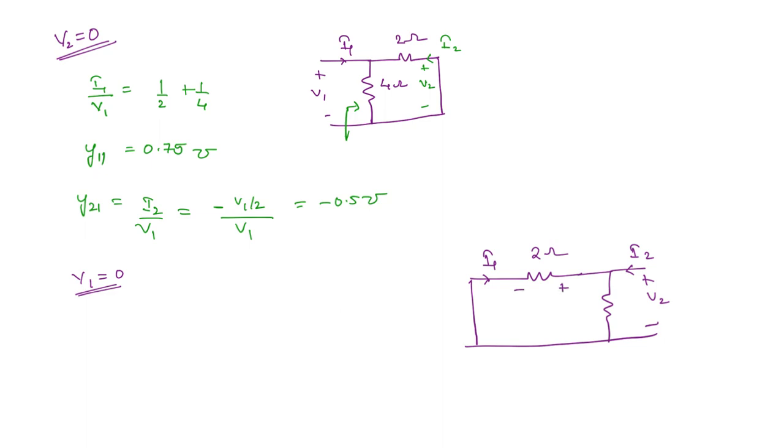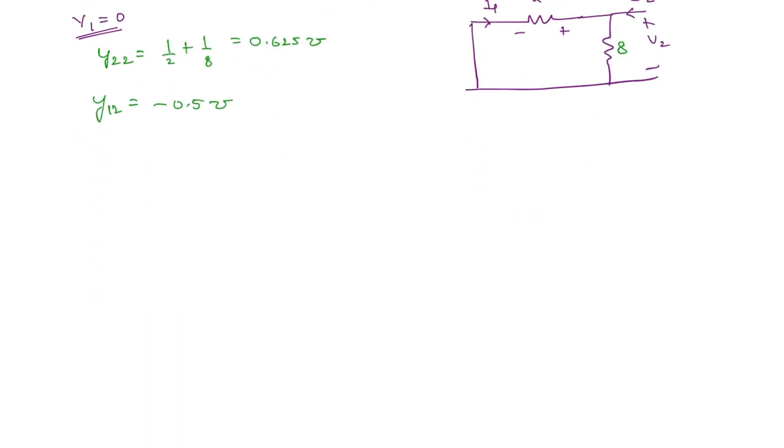So you are going to get Y22 is equal to, this is 8 ohms. So Y22 is 1 by 2 plus 1 by 8, sum of the admittances. This you are going to get 0.625 mho. And Y12, which you are going to get minus 0.5 mho. Okay. So here also you can see that Y21 is equal to Y12. So this is a reciprocal network. It's consisting only of the passive elements, so it will be a reciprocal network. Here also the important takeaway is,